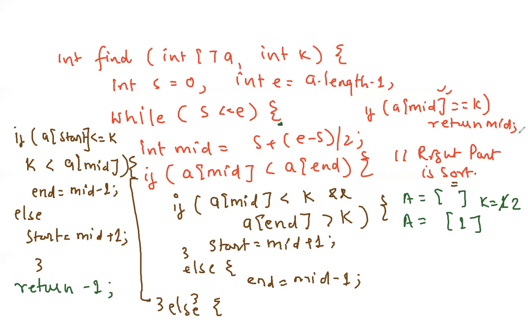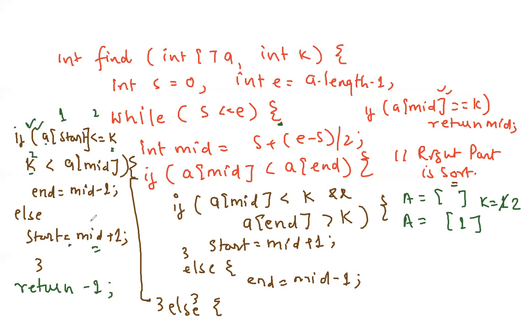So why is this condition, a of 0 less than or equal to k, wrong? You said this condition is wrong and it will come here, right? So a of start is 1, right? A of 0 is 1, and k is 2. Then it will check this condition: k is 2, less than a of 0, which means 1, which is wrong, right? So it won't execute. Yeah, correct. So now you know how to execute it.